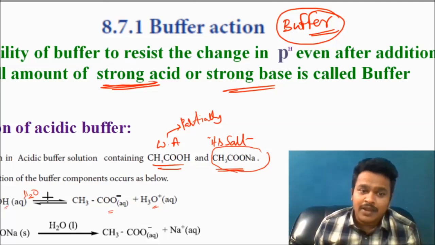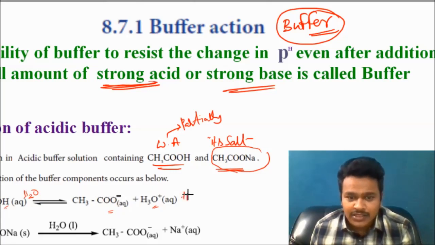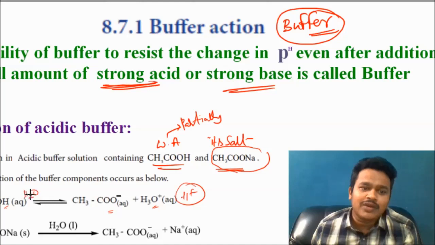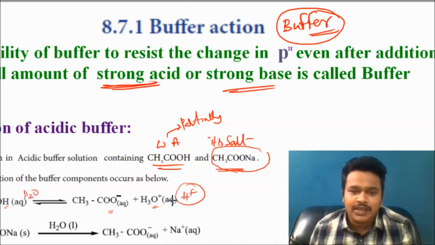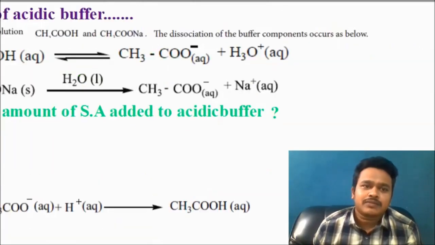Here you see, I am taking a double arrow, one forward, the other backward. Why am I taking it here? There is an existing equilibrium state because it is not completely dissociated. CH3COOH, acetic acid, is partially dissociated into acetate ion and H plus. You can also say this is an H plus ion, otherwise hydronium ion. If you take water into consideration, it means hydronium ion. If you are not taking water into consideration, you can say H plus, but the understanding is the same, the concept is the same. Now next one, action continuation.